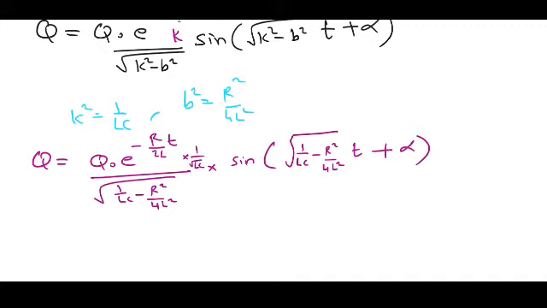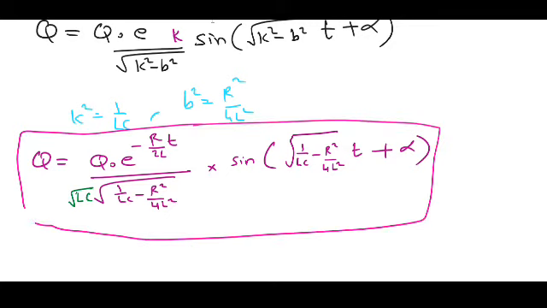Or in the next step, this q can be written as, what I will do is write 1 by root LC in the denominator, that is this expression. Simply I can write here 1 by root LC will be here. Fine. This is the final form of the expression of the decay of charge in an LCR circuit.